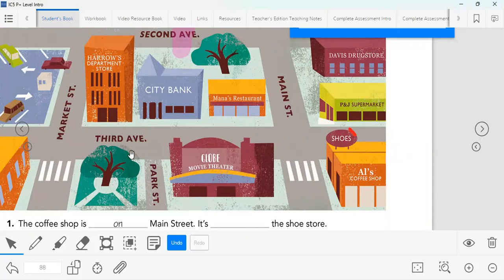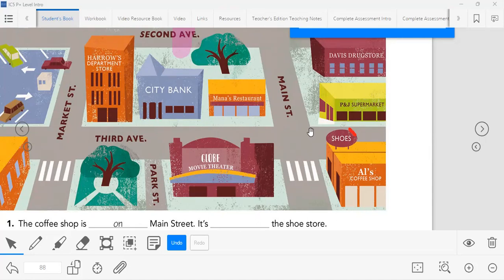Miss Bonilla. No, Miss Bonilla didn't answer, right? No, I said Miss Munoz is the one who is speaking, right? Miss Munoz, another option? Can you use on the corner of, please? On the corner of 3rd Avenue and Park Street. Third. Remember the pronunciation. Third, excellent. Avenue. Excellent. Okay, there you are. It's on the corner of 3rd Avenue and Park Street. Correct. That is another option. Okay, thanks, Miss.